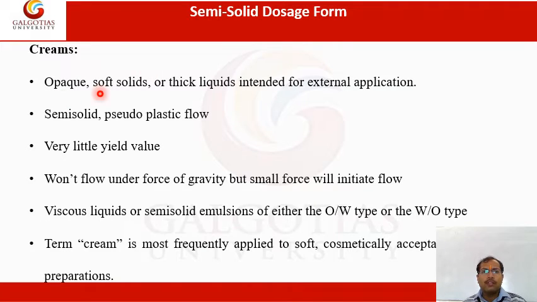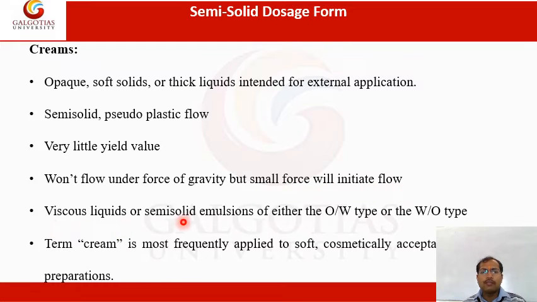It is opaque, soft solids or thick liquids intended for external application. It is semi-solid in nature and so shows pseudoplastic flow. It shows very little yield value. It would not flow under the force of gravity, but a small force will initiate flow.